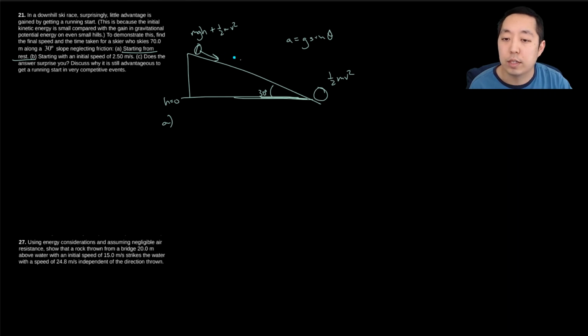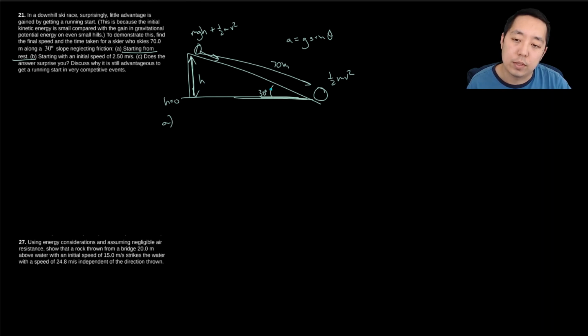He's going to ski down 70 meters. Actually, maybe we won't do energy. No, we'll do it with energy. This is an energy unit, so we'll do it in terms of energy. So we're going to travel this distance, 70 meters. I need to know what the height is that I started at. Well, if I know this is 30 degrees, I know that